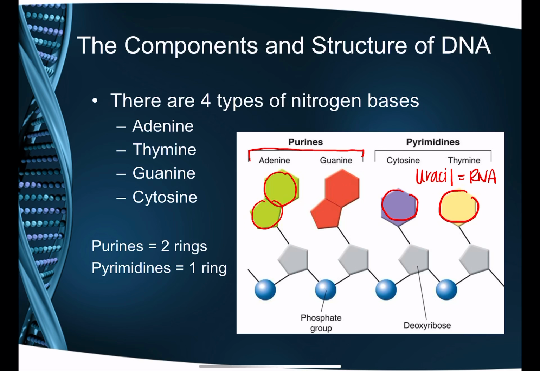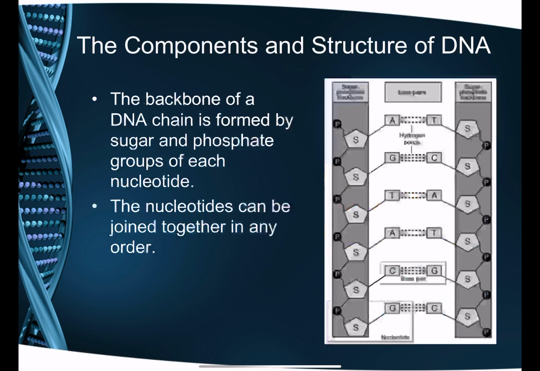So this is one nucleotide: sugar, phosphate, base. Another nucleotide: phosphate, sugar, base. When these pair up, you have the bases that pair in the middle. A pairs with T and C pairs with G, and then you have the sugar and the phosphate that alternate in the backbone. The bases are held together by a hydrogen bond, which is a relatively weak bond